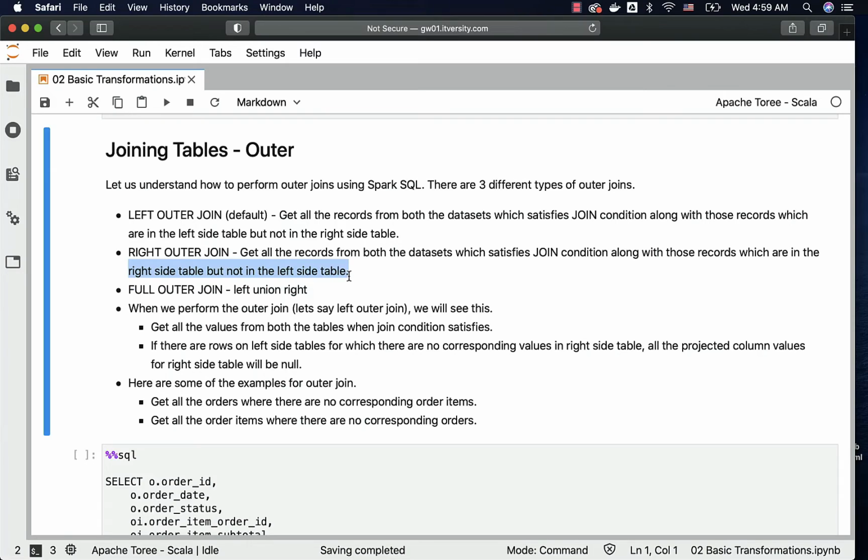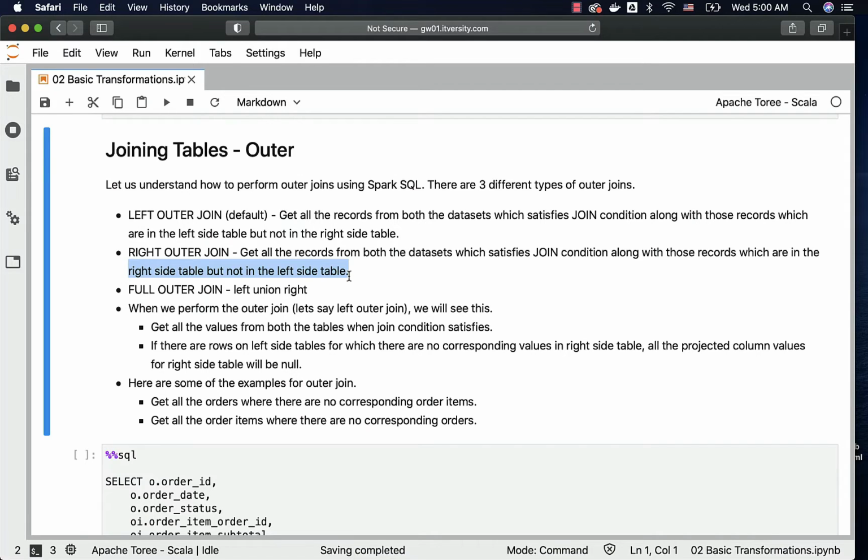Typically, if you have two tables on which you are trying to perform the join and they are related, one table will be the parent table and the other table will be the child table. We always specify the side of the join depending upon which side the parent table is. In our case, we have orders and order items. Orders is the parent table and order items is the child table. Depending upon the side of orders, we will define either left or right. If orders is on the left side, we will say left outer join. If orders is on the right side, we will say right outer join.